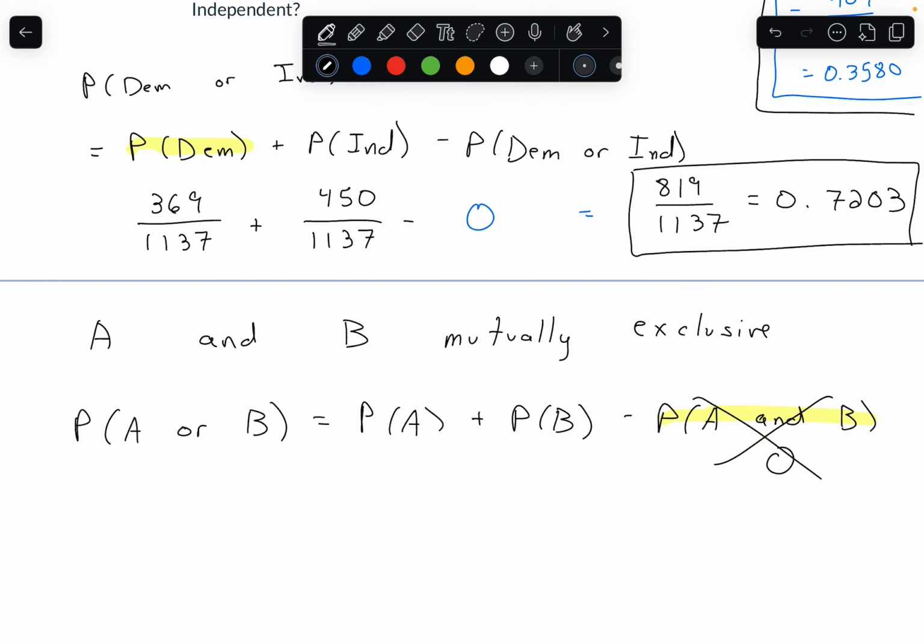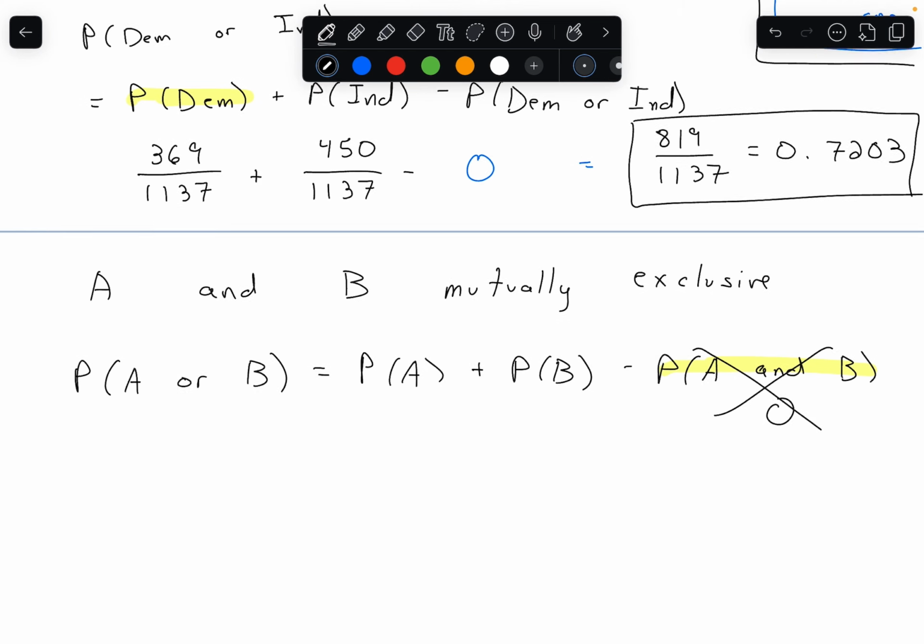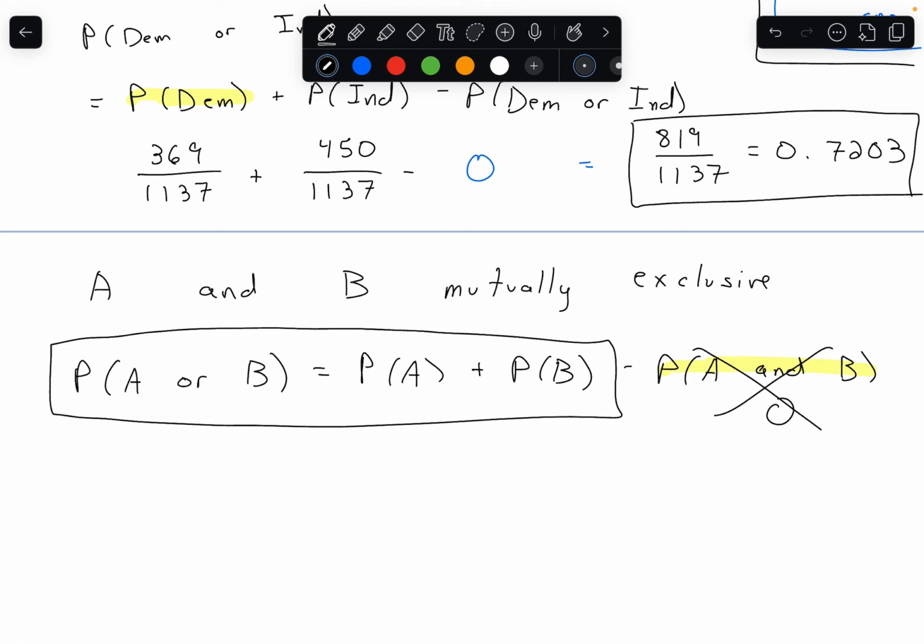So we don't actually care about this part. That means if A and B are mutually exclusive, I can just take probability of A plus probability of B, because there is no probability